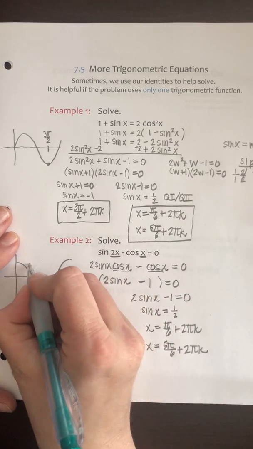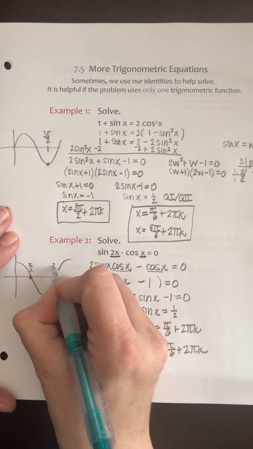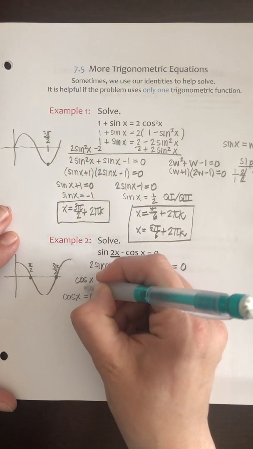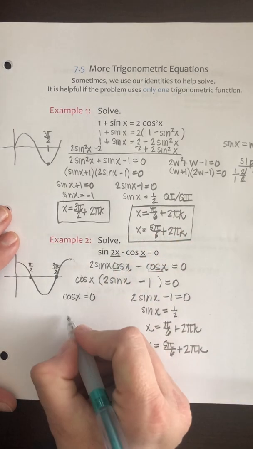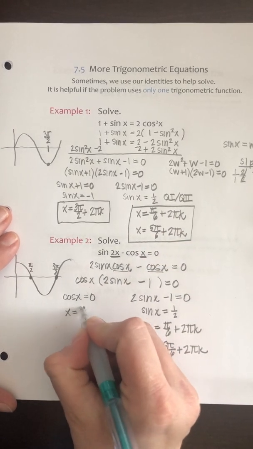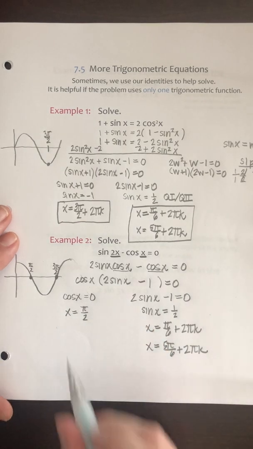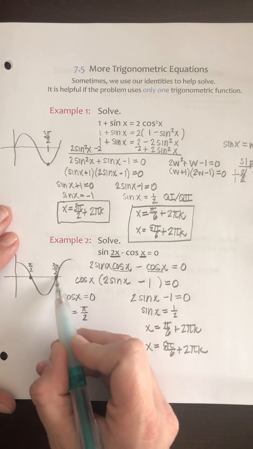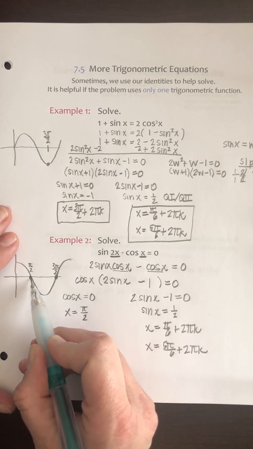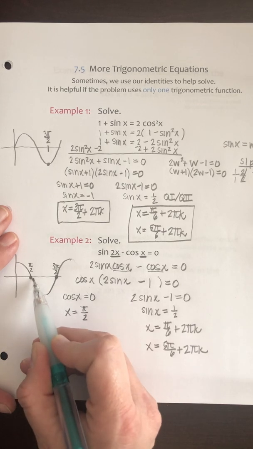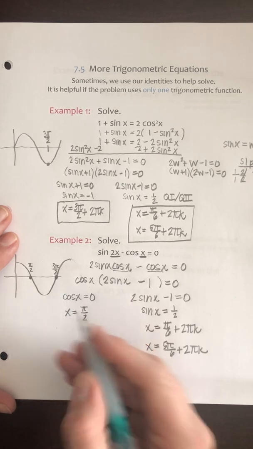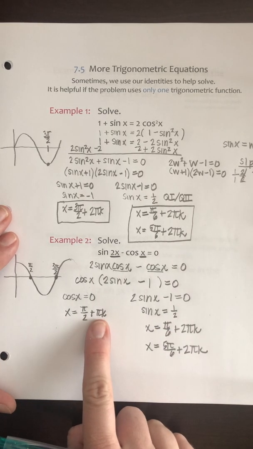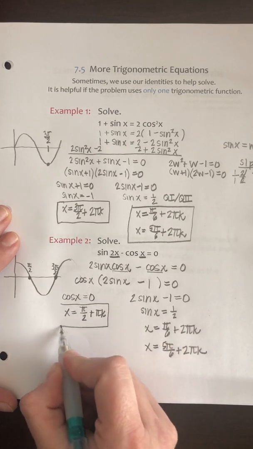And if you guys remember, we have a pi over 2 and a 3 pi over 2. And then it would continue, right? Because it would come back down at 5 pi over 2 and 7 pi over 2, on and on. So for this one, we've got pi over 2, but how long does it take it to get to the next one? Do I have to add 2 pi k? Nope, because this is only a distance of 1 pi. To get from pi over 2 to 3 pi over 2, you would have to add 2 pi over 2, which reduces to pi. So I'm going to add plus pi k, multiples of pi for this one. So there are my answers